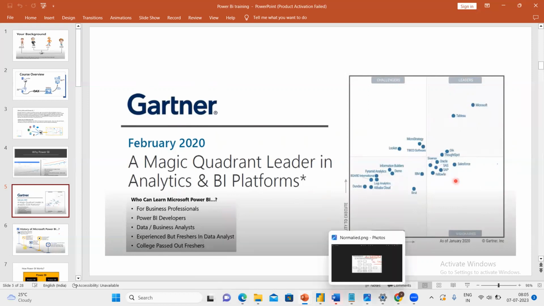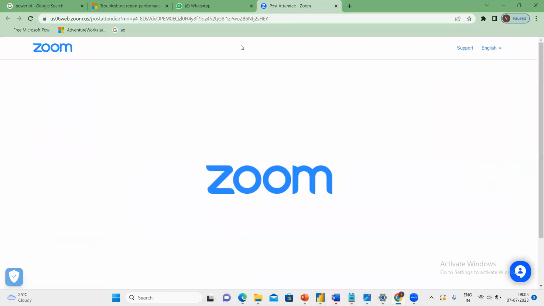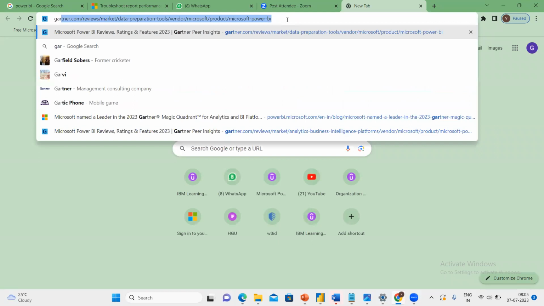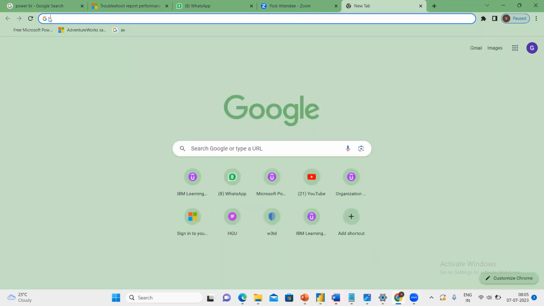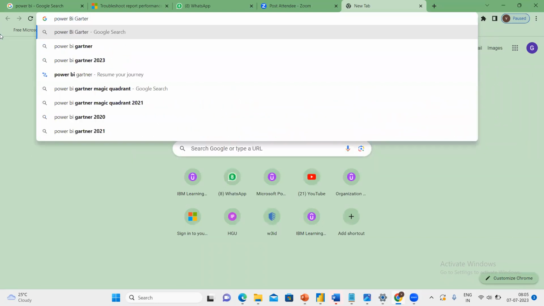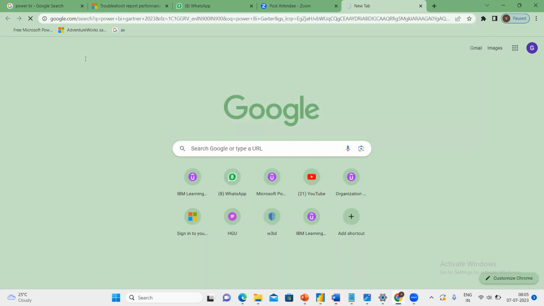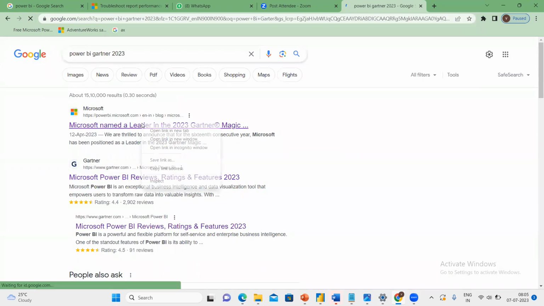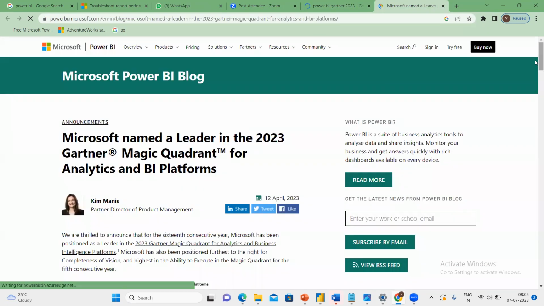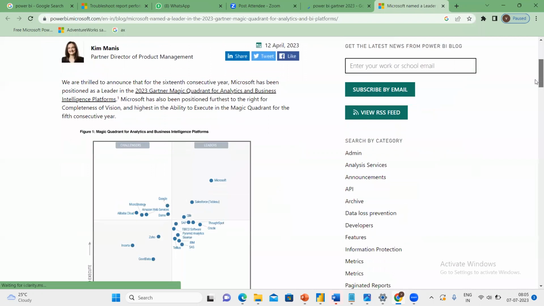If you go for live also, I will be showing in the live, in the current year, who is the leader of the board for Gartner. Why Gartner? Gartner is one of the third-party companies. Every business intelligence tool, they will be giving the ranking. Let's see. I'm opening the site and I will see which place Power BI is in. Last couple of years, it is a leader of the board, guys.